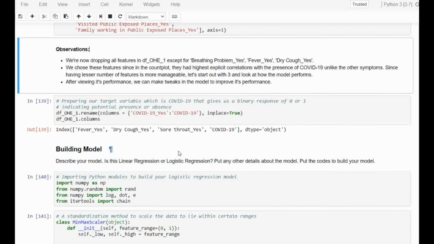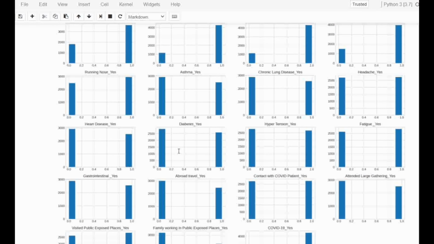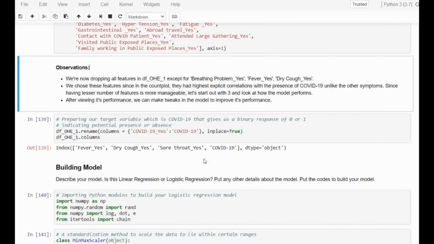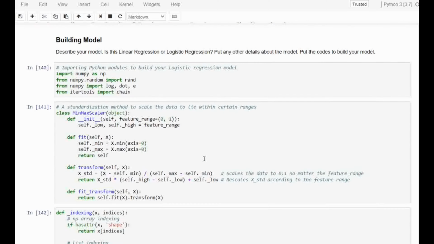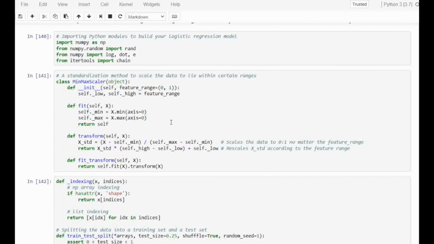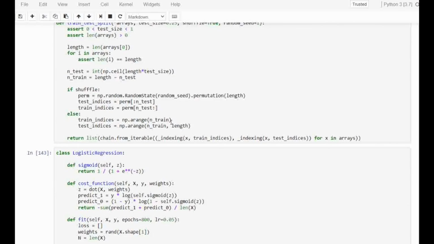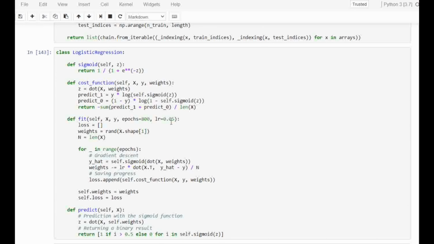So we essentially chose these features because they have the highest explicit correlations in our data set. And since we're starting out, we started out with 3 features. And now we're building our model. We import libraries, we build scalers from scratch, we split the data, we run the logistic regression function as a